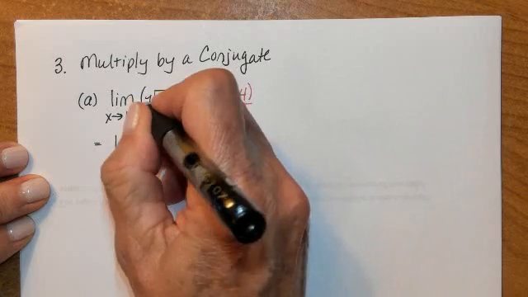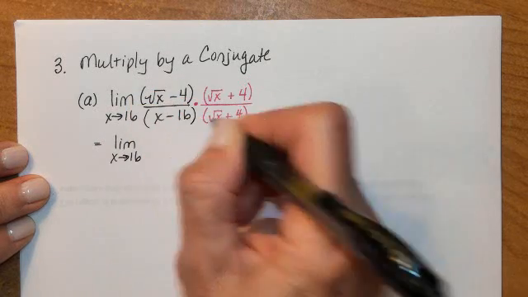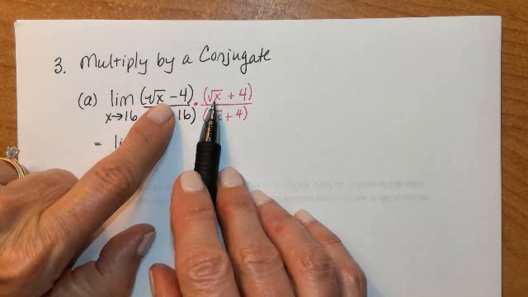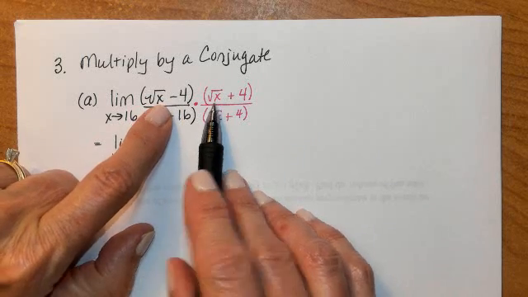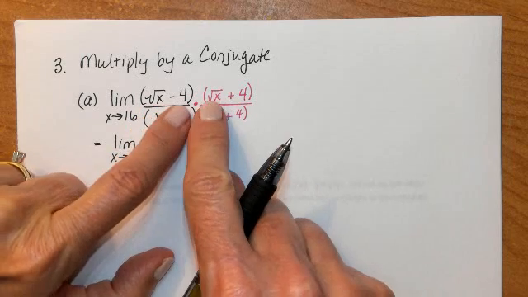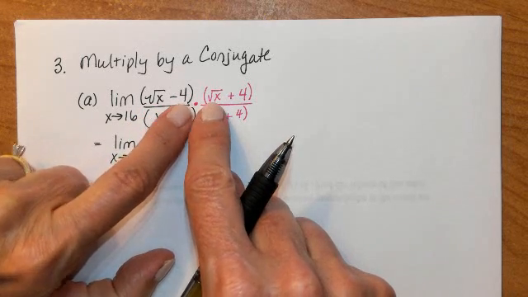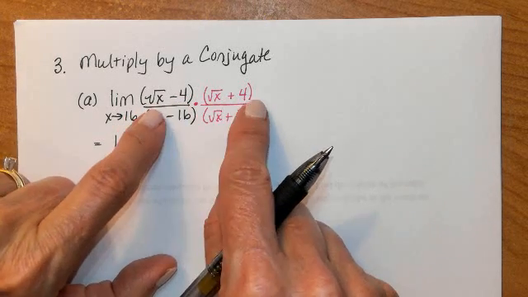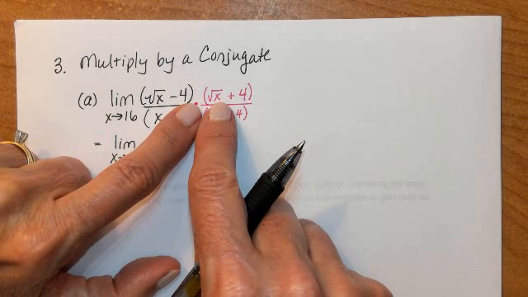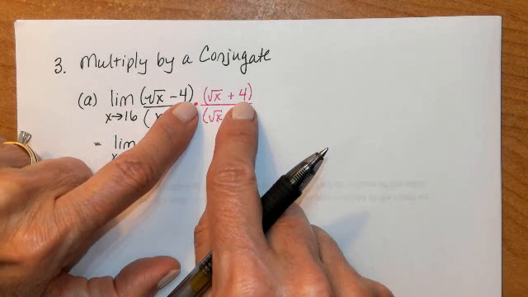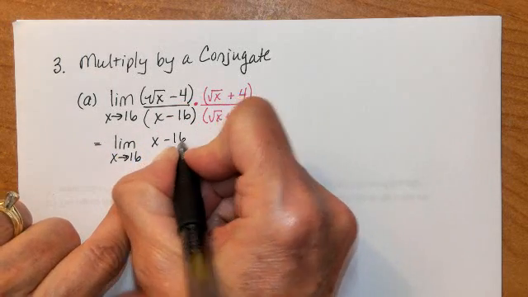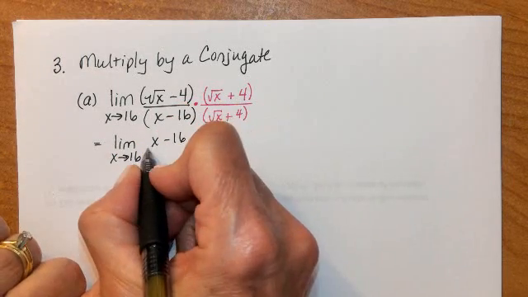Okay, I'm going to go ahead and put parentheses around top and bottom. So on top, I'm going to FOIL this out. So square root of x times square root of x is x. 4 square root of x minus 4 square root of x is 0. That's why we multiply by a conjugate. It gets rid of that middle term. Okay? And then we have, for the last term, minus 16. So x minus 16. Now on the bottom,